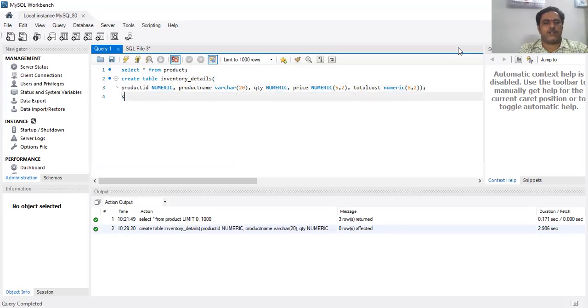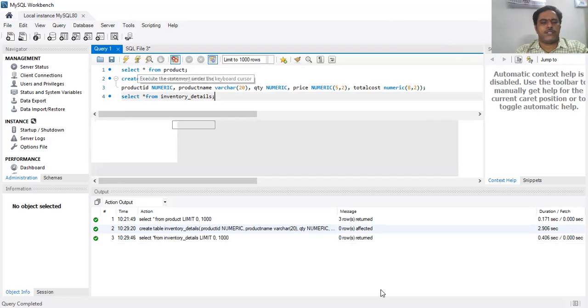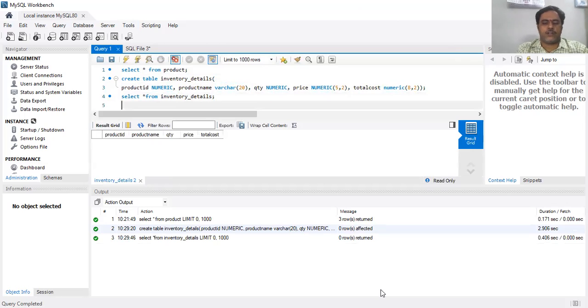Now check if there are any records available. Let's start from the table name inventory details. See, there are no records. Now I am inserting records into the table.